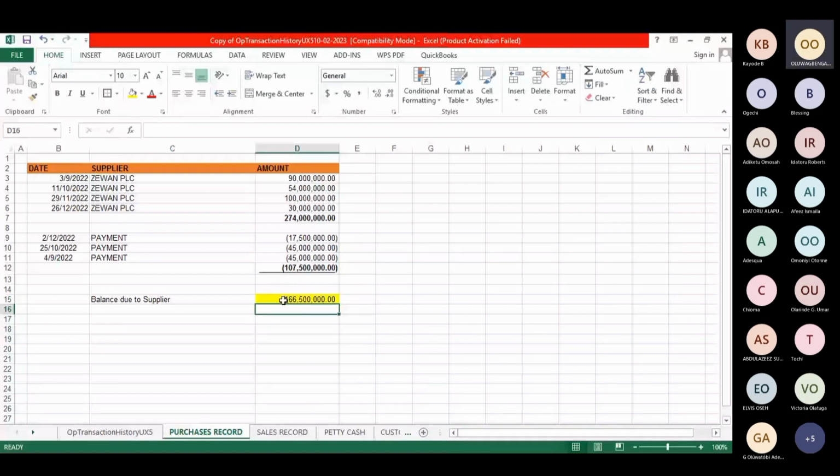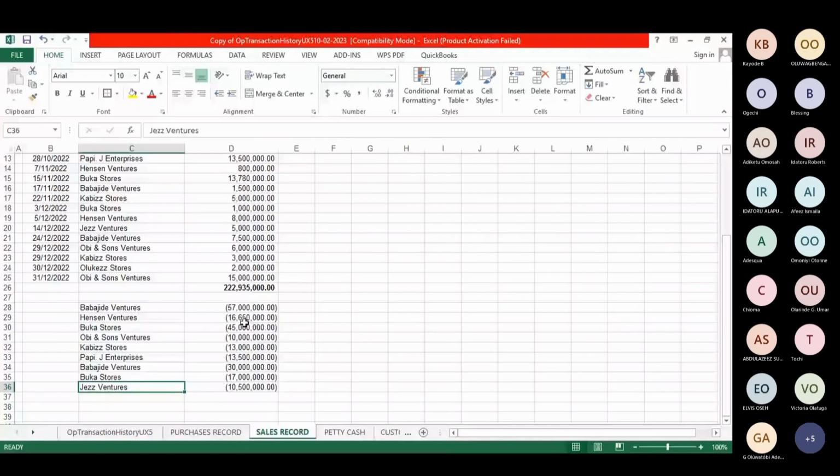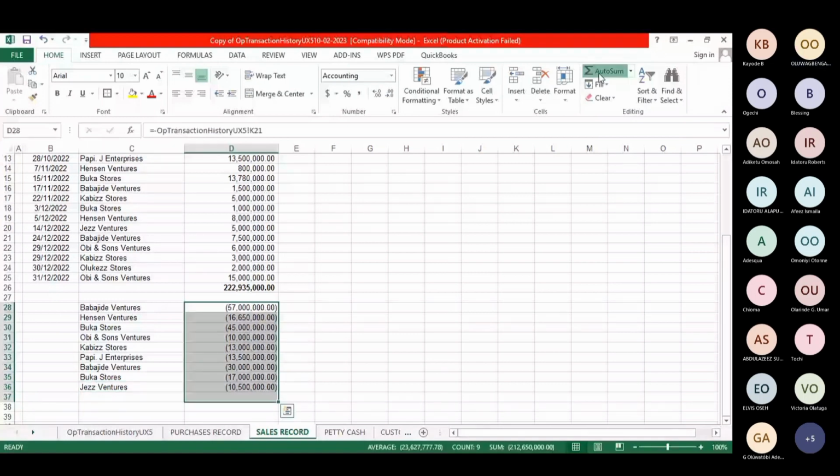In the same way, if I move to my sales record, the sum total of all inflows received is this. So if I find the difference,